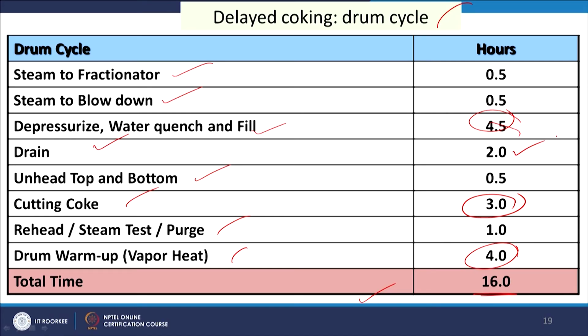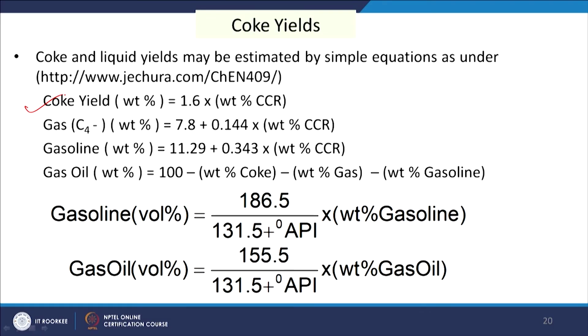and others are given. Now, there are some empirical relationships to determine the coke yield. So, if we know the properties of the feedstock, then we can estimate the amount of coke produced during the delayed coking process. So, coke yield in percentage weight basis is equal to 1.6 into CCR value in weight percent. What is the CCR? Then 1.6 into that will be the coke yield,